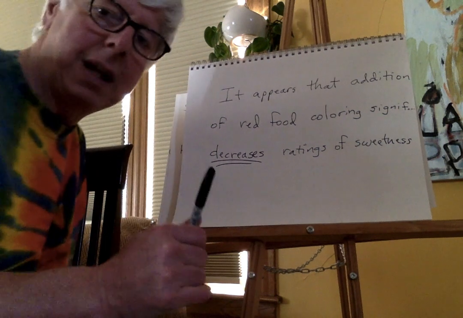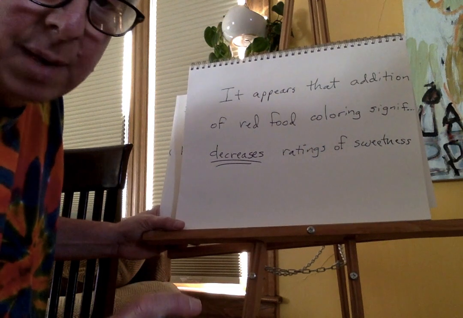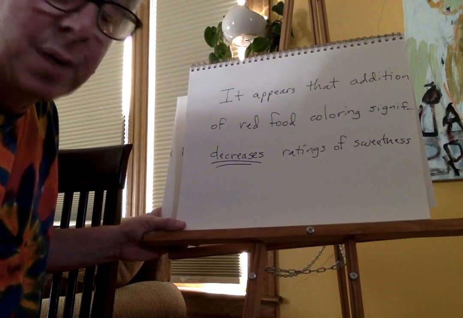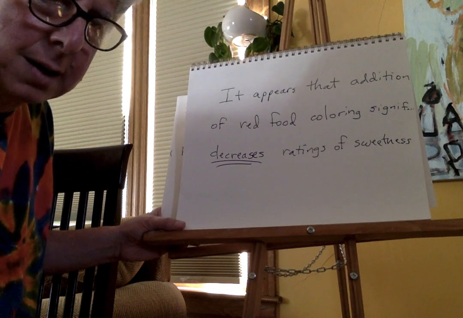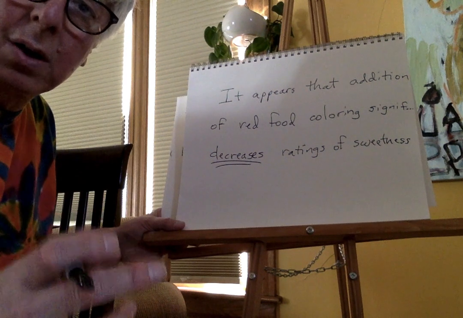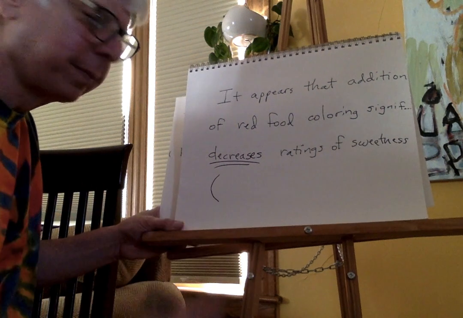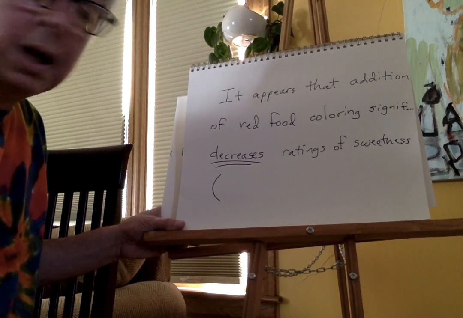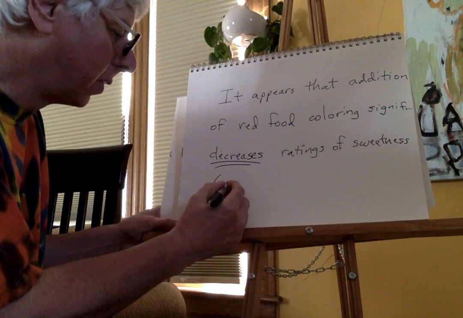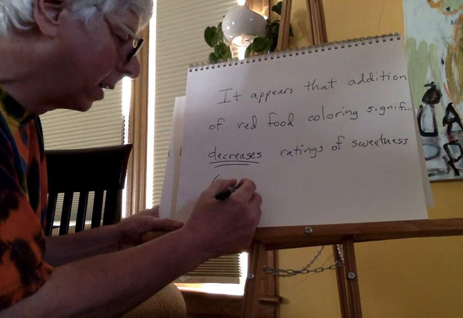So I'm going to put a justification in here in parentheses. And by the way, one of my pet peeves is people don't understand that parenthetical information is part of the sentence. A lot of people want to put a period and then put parentheses. I'm like, no. The parentheses is part of the sentence. So I'm not going to put a period here because I'm putting in some parenthetical information. I want to justify why I'm saying this. This is not my opinion, okay? So I'm going to tell the reader, I'm making this statement because